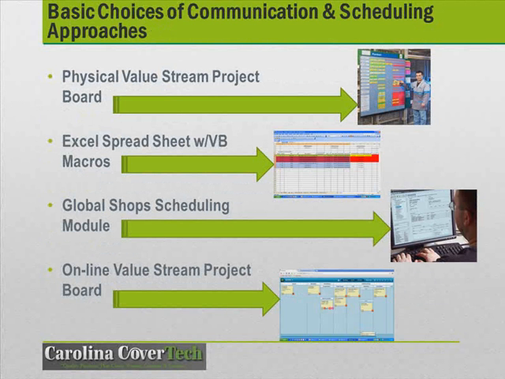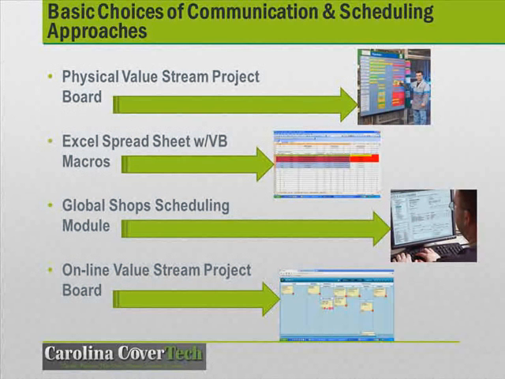So here are some basic choices. You could do physical scheduling boards. You can do electronic scheduling boards, homegrown from Excel, and we've done these. We've done the physical before. And of course we have Global Shop itself, which is a very complex system which can do scheduling. And then of course we can use one of the Web 3.0 type tools, which are relatively inexpensive. They're online. They're available from anywhere, anytime, and you can use a smartphone or a tablet to access the